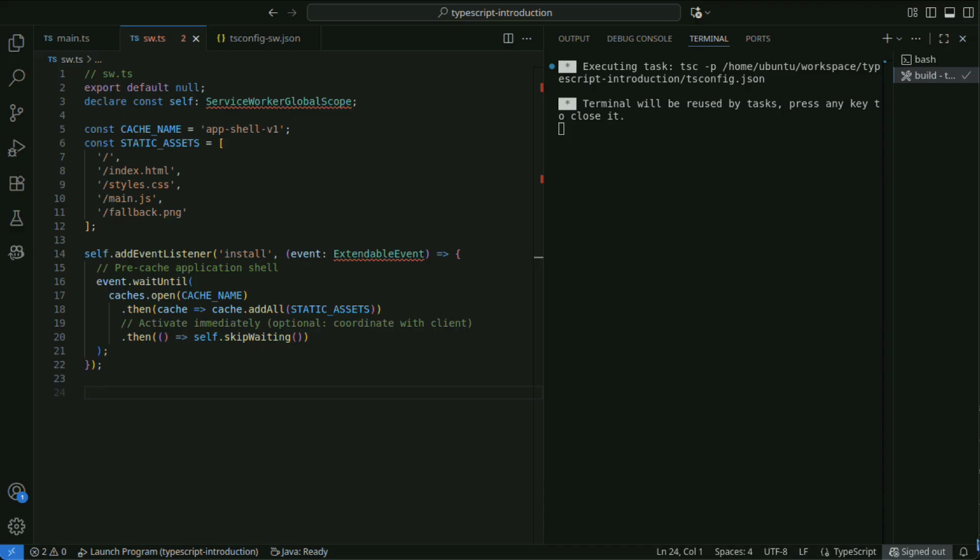During the install event, the app's static resources, app shell, are pre-cached. By calling self.skipWaiting, the new service worker is activated immediately, making the latest cache available without waiting for the next access.